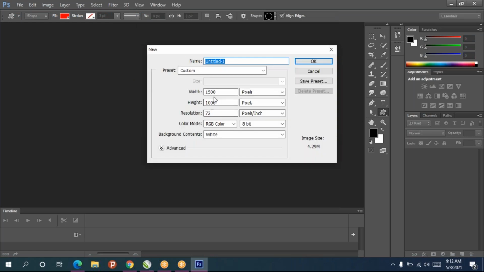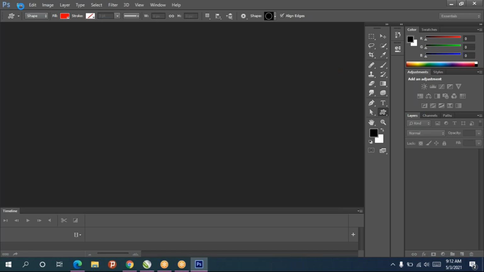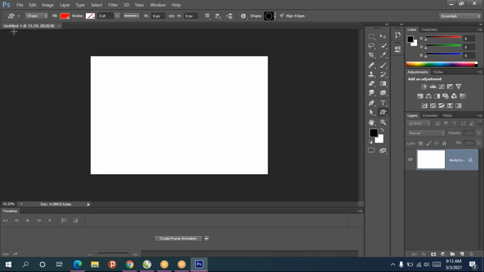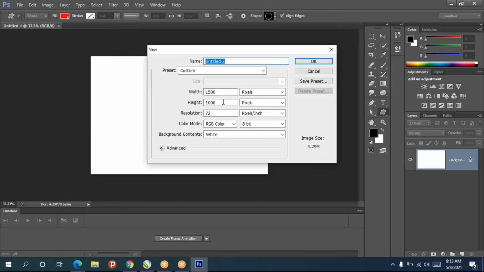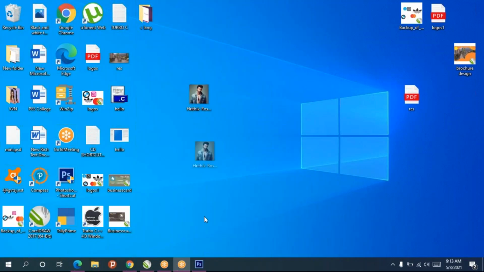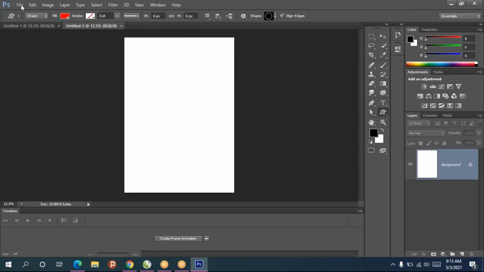First create one new document. I'll take A4 only. Then bring the photo in the file menu.